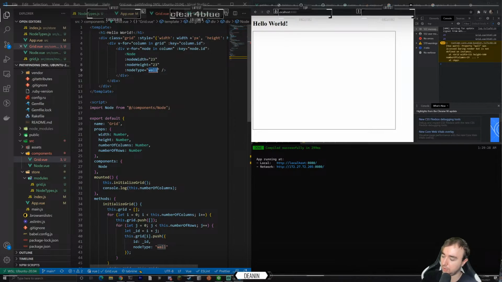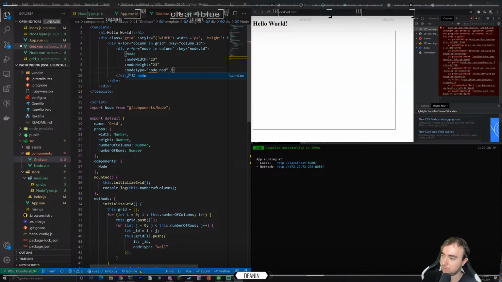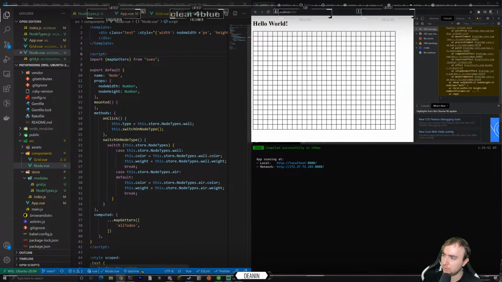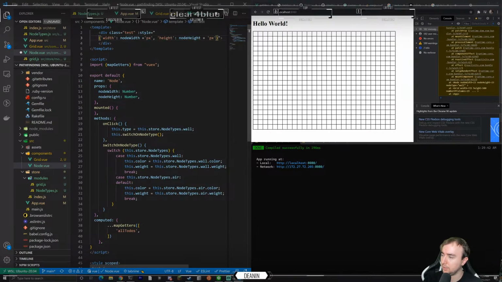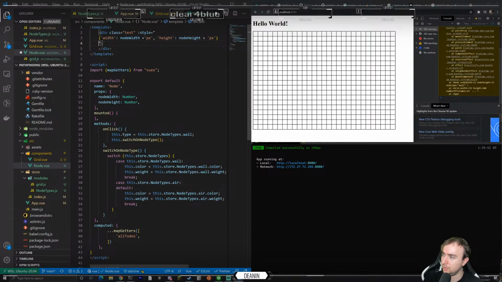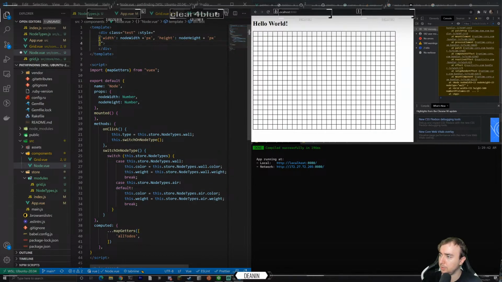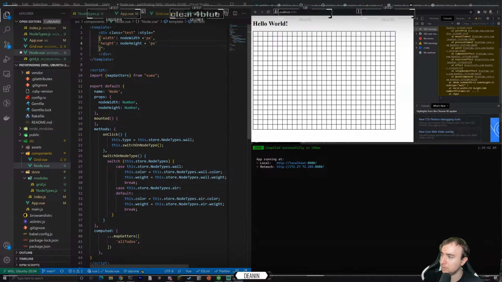So it'd be like, we come in here, node dot node type, maybe? Node type's a wall. Wall comes into here. And we say this has style. All this is kind of generated in a very ugly way, but that's fine. This, tab it over, comma,